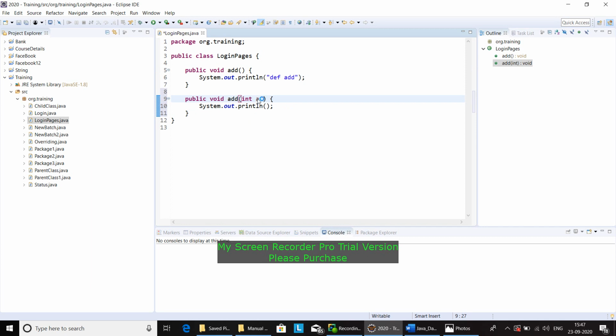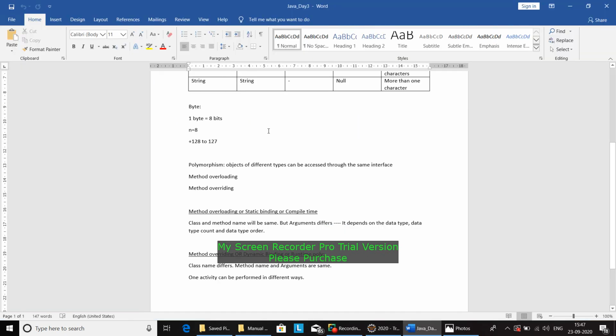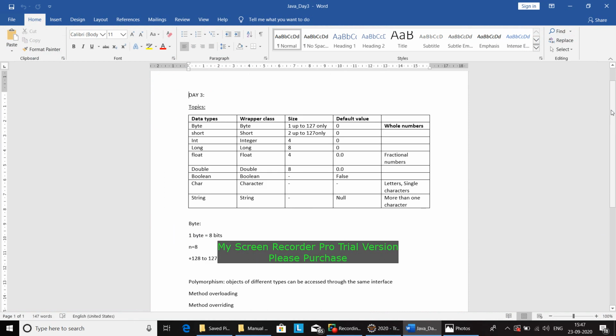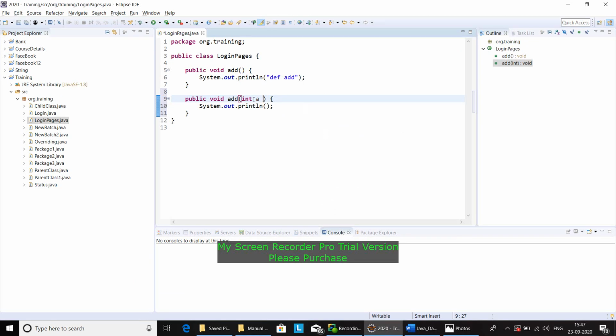For this reason I told you that you should know about these data types. I showed you at the beginning of the video int, long, float, double, boolean, these things you should know. So I'm giving the data type int and passing a value a. Here I want to print a.